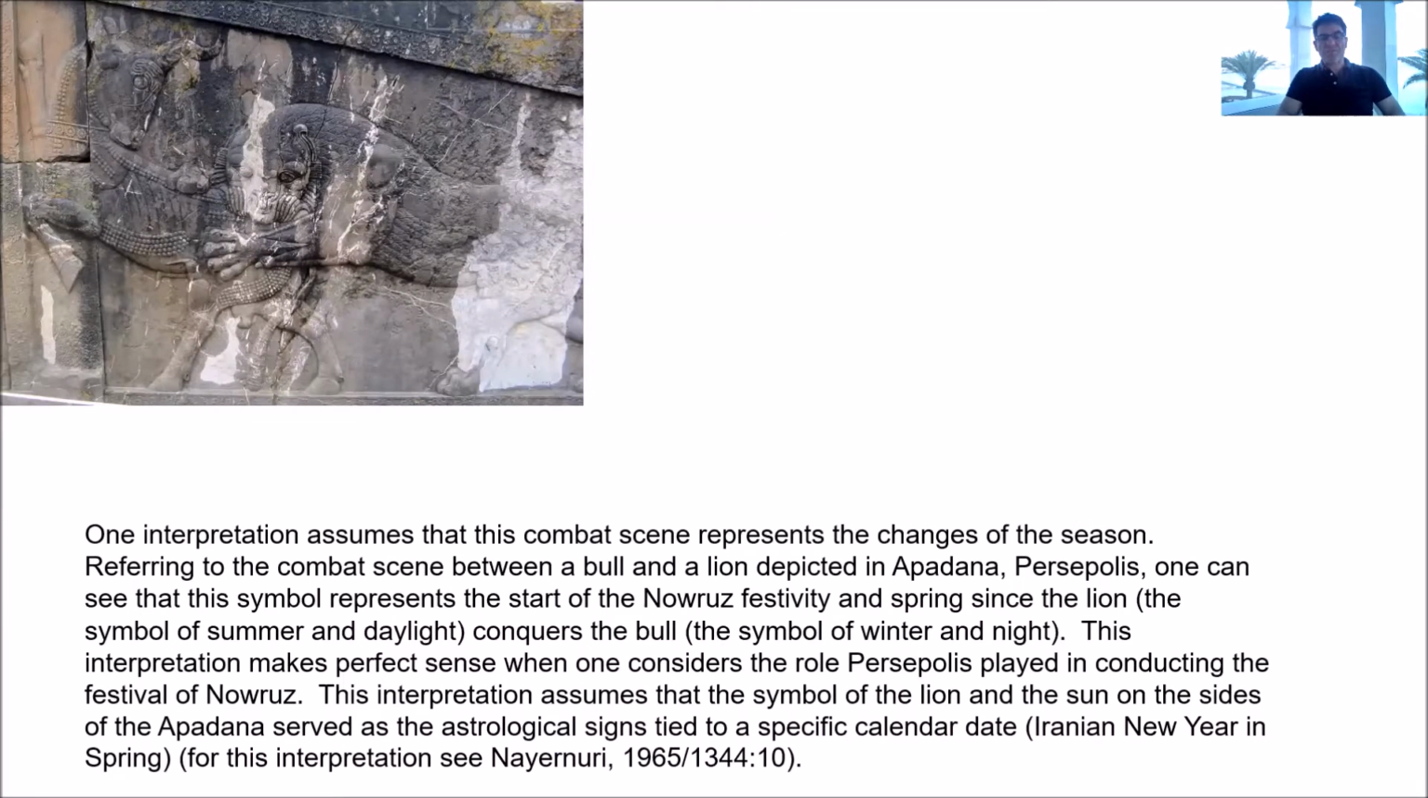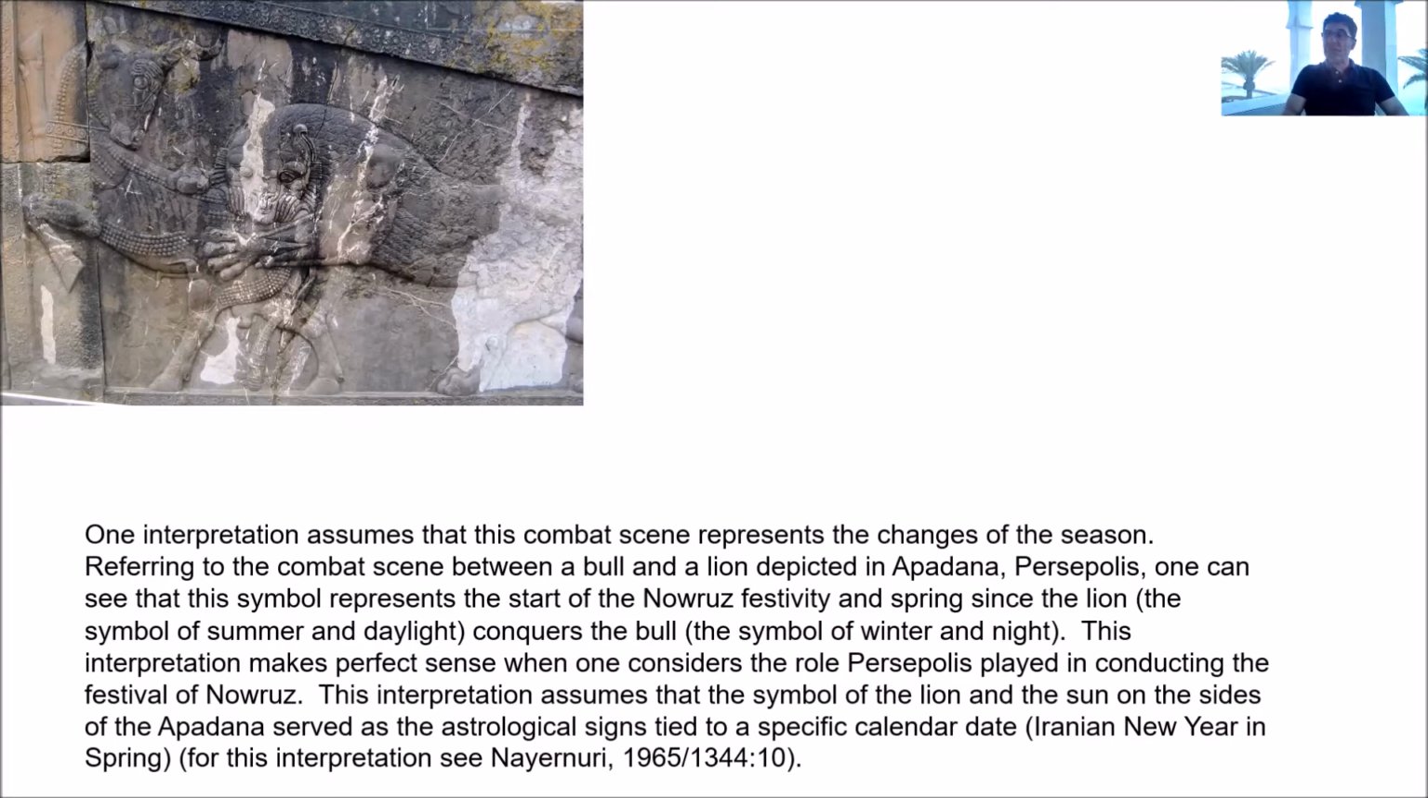Another interpretation holds that this combat scene represents the changes of the season, as I mentioned, and referring to the combat scene between a bull and a lion depicted in Apadana or Persepolis, one can see that this symbol represents the start of the Nowruz festivity. That's another interpretation. And spring, since the lion, the symbol of summer and daylight, conquers the bull, the symbol of